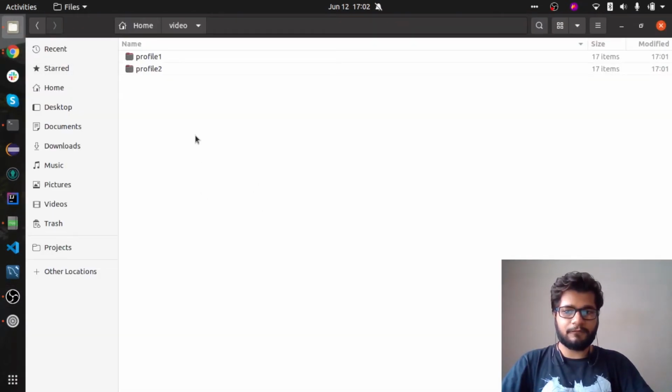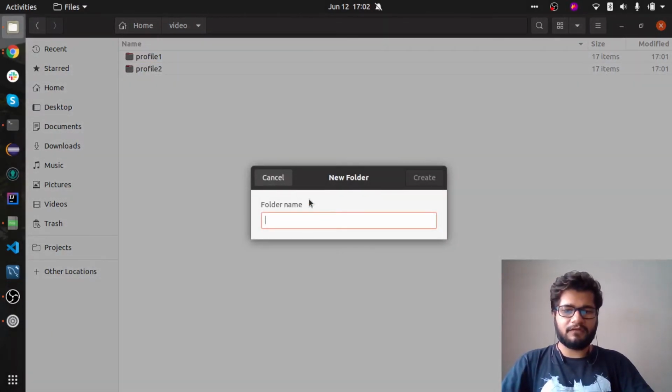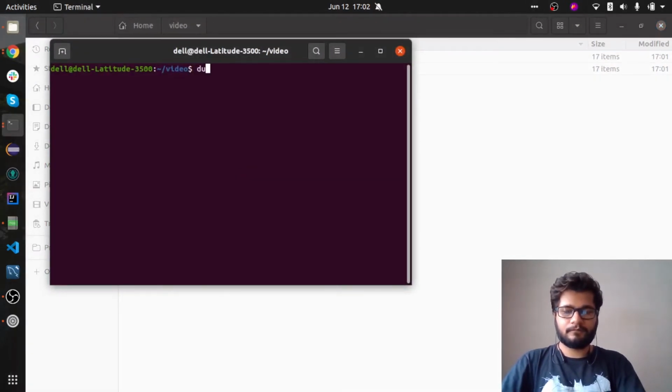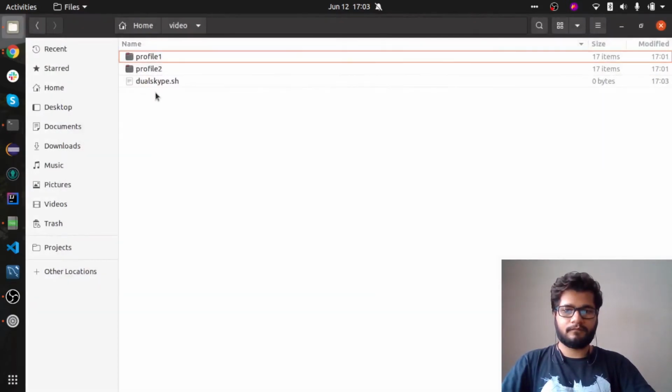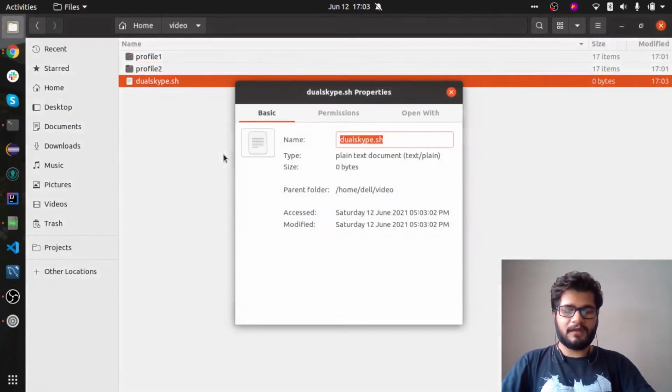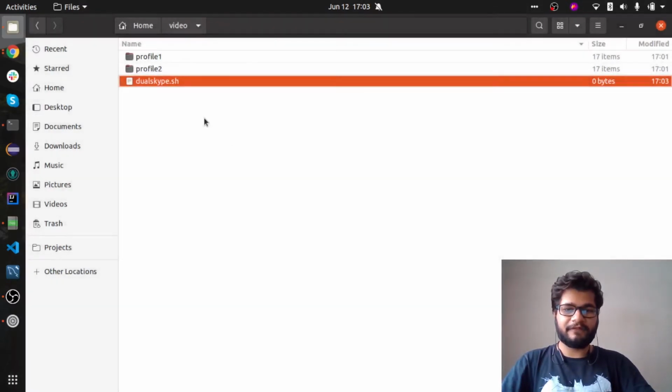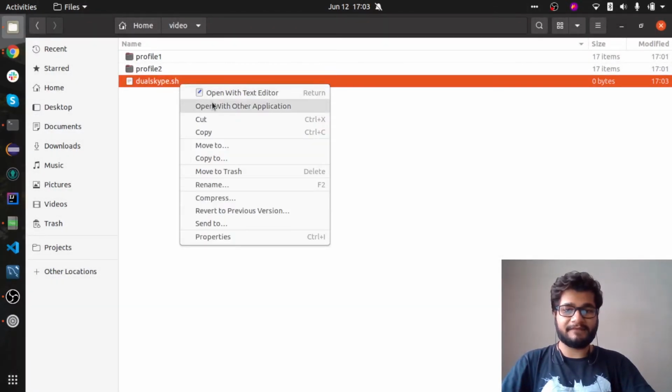We'll store it anywhere you like in a folder, and make sure to go into properties and allow executing the file as a program. Make it executable, because this is a script.